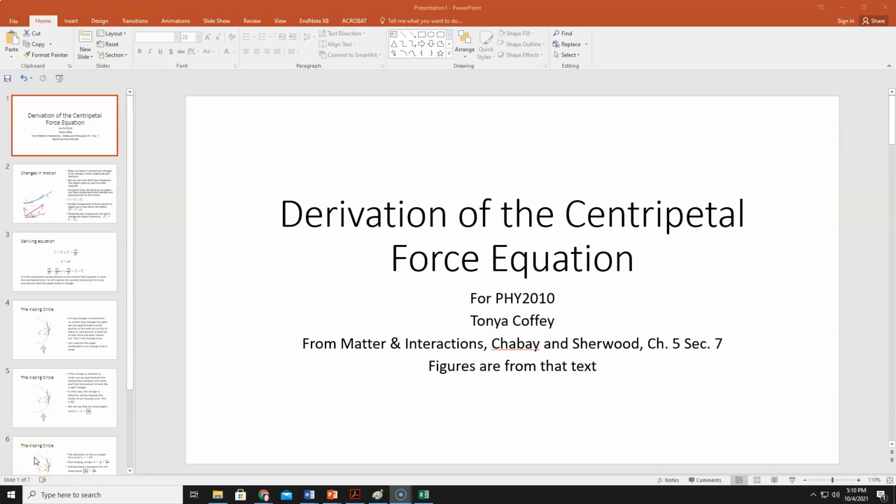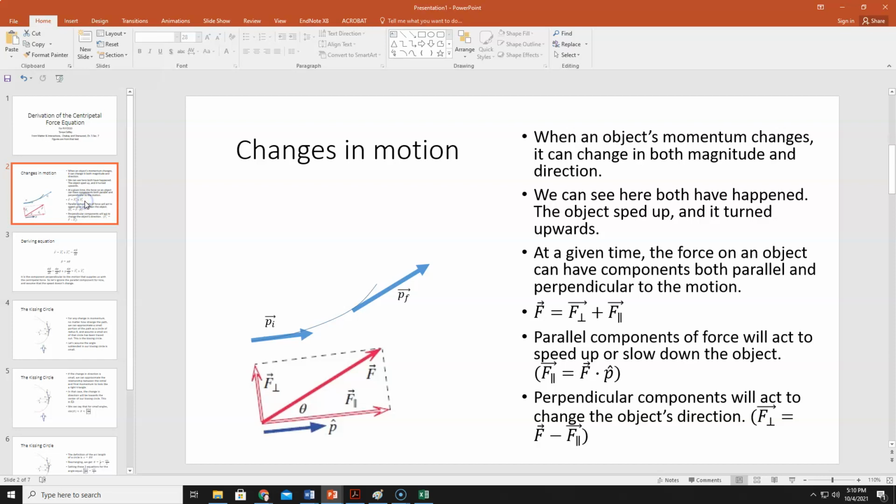In my lecture today, I want to derive the centripetal force equation for you. Now this accompanies section 5.7 in your textbook, Matter and Interactions, and a lot of the figures are from that text. So basically, let's say that we have an object that's traveling along with some initial momentum, indicated here by